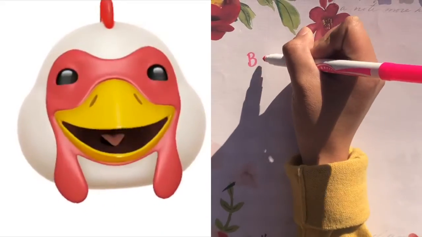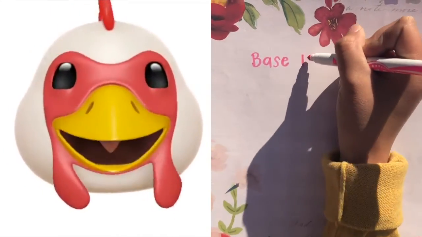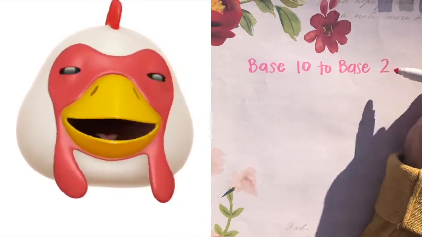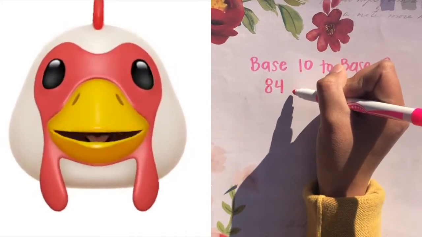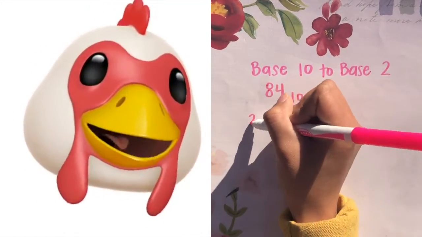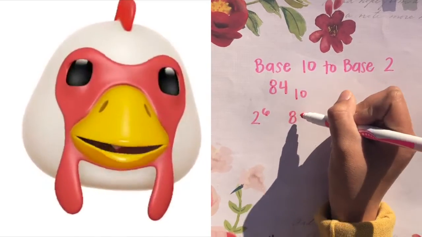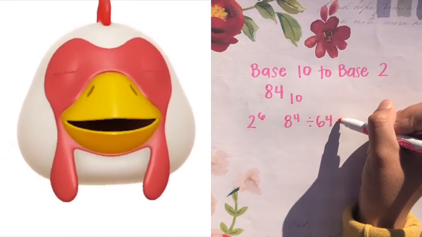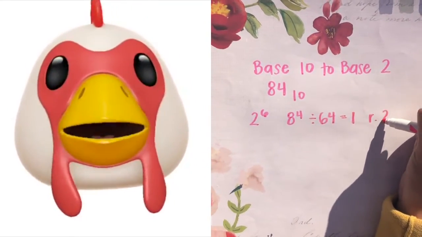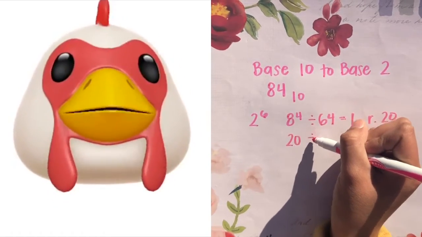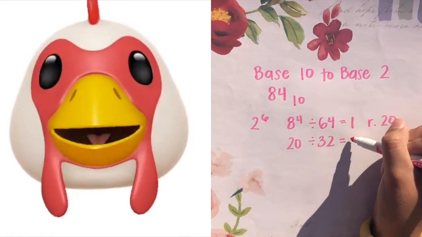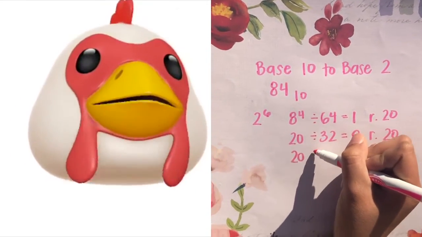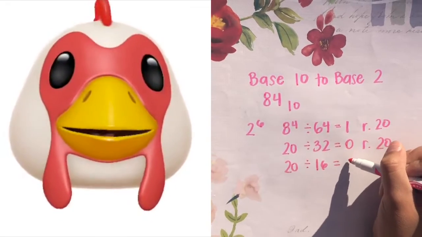The first problem we're going to do is changing base 10 to base 2 using the number 84 base 10. To begin, we have to divide 84 by the highest power of 2 without going over 84. In this case, we have 2 to the power of 6, which is 64. When you divide 84 by 64, you get a remainder of 20. Then you take the remainder and divide it by the descending order of the exponents of 2. So now we'll have 20 divided by 2 to the power of 5, which is 32, and we get a remainder of 20 again. Carry over the remainder and divide it by 2 to the power of 4, which is